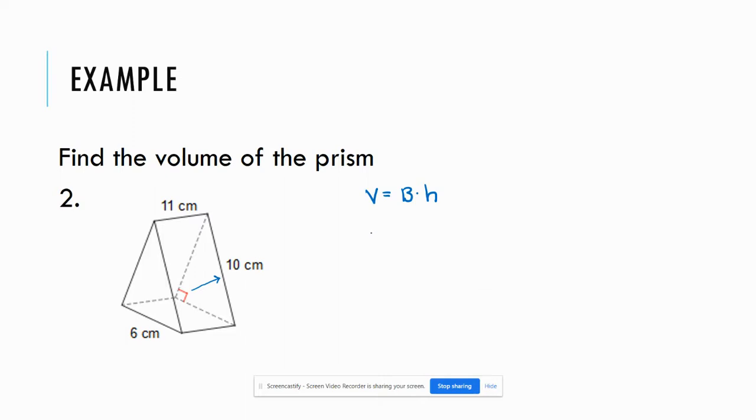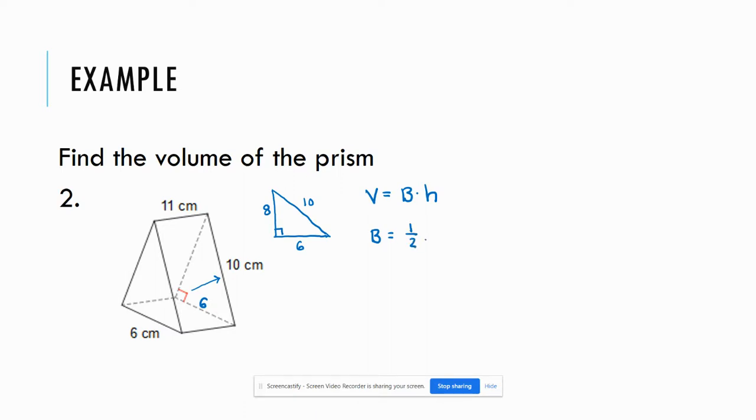I'm not going to use 10 in order to find the area of the base. I need the two sides that are forming the right angle. So once we find out that the side that is across from the 6 is also going to be 6 because that bottom shape is a rectangle. Notice that we have a right triangle with one leg as 6 and the hypotenuse is 10. What's this other side? Once we find out that that side is 8, because it is a 3, 4, 5 family,